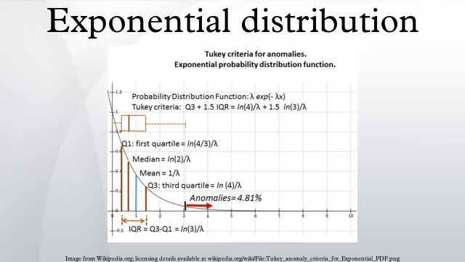Characterization, probability density function. The probability density function of an exponential distribution is given. Alternatively, this can be defined using the Heaviside step function, H(x). Here λ > 0 is the parameter of the distribution, often called the rate parameter. The distribution is supported on the interval [0, ∞). If a random variable X has this distribution, we write X ~ Exp(λ). The exponential distribution exhibits infinite divisibility.